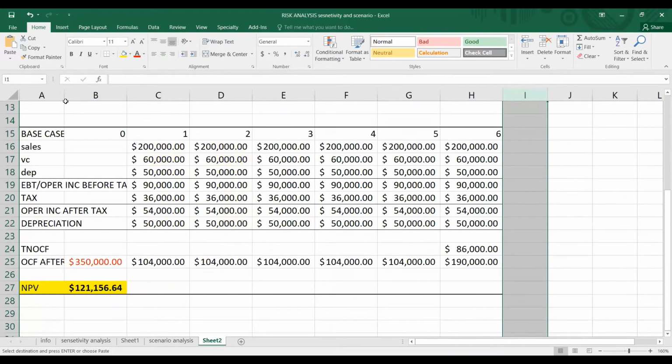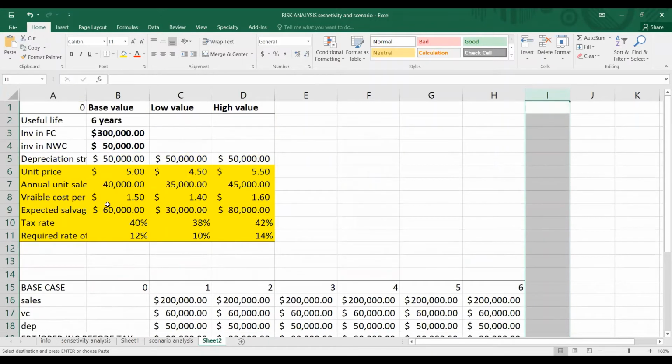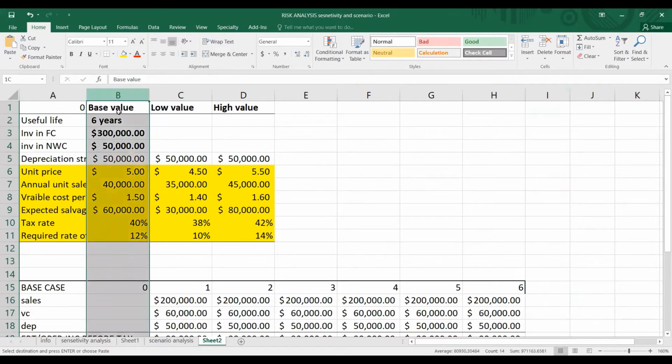Okay, in scenario analysis, we do changes as a set for all variables. We create different scenarios: the normal case that we live in, if there is a boom in the economy, and if there is a recession in the economy. So there are three scenarios that will be created. In the first scenario, we create the normal case, like we take this row,